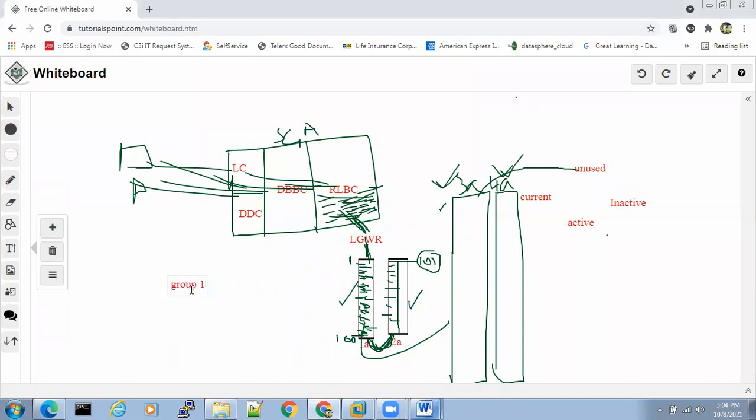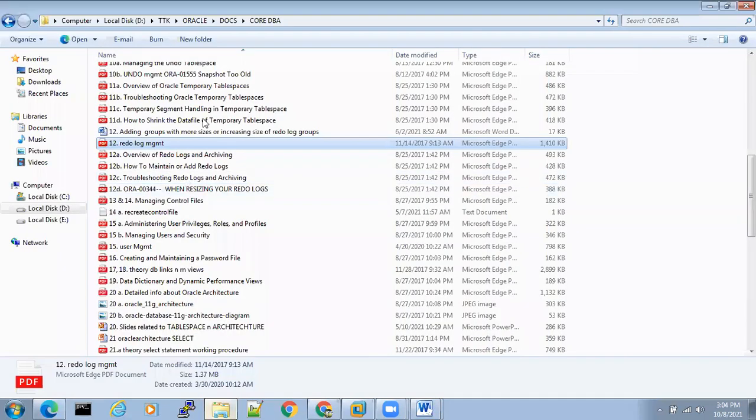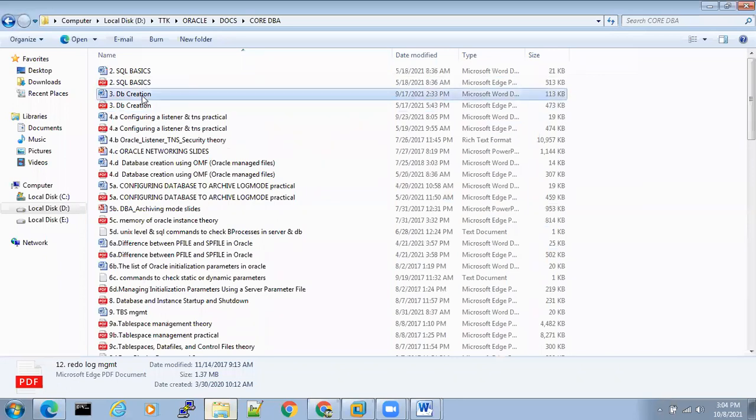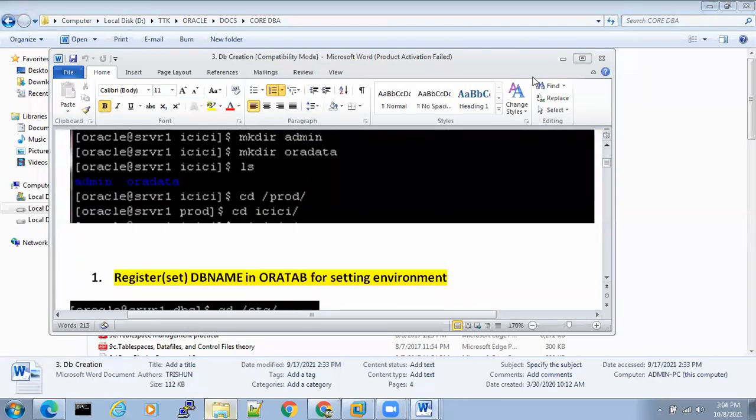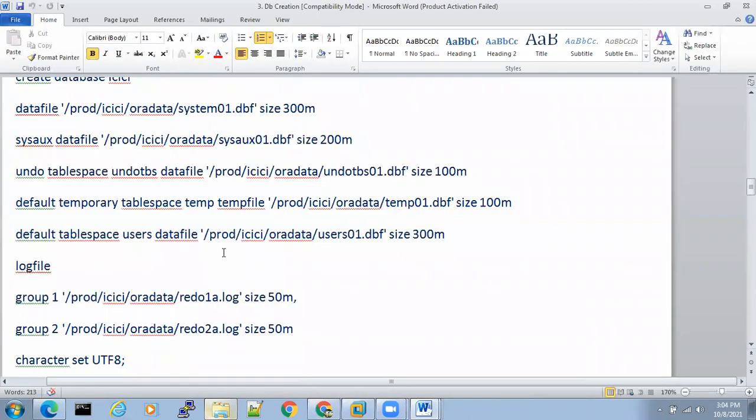This is group 1. Here is group 2. Right.